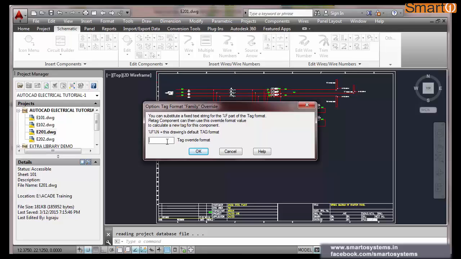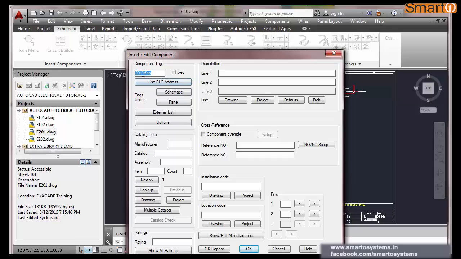Here, all the circuit breakers which I am going to insert, copy after inserting a particular component, should be followed with a prefix. Okay, so I am doing 201, that is the prefix I am looking for, and type %f and %n.